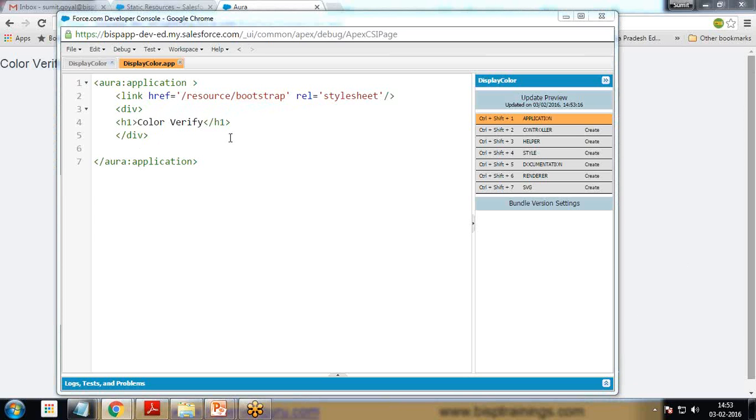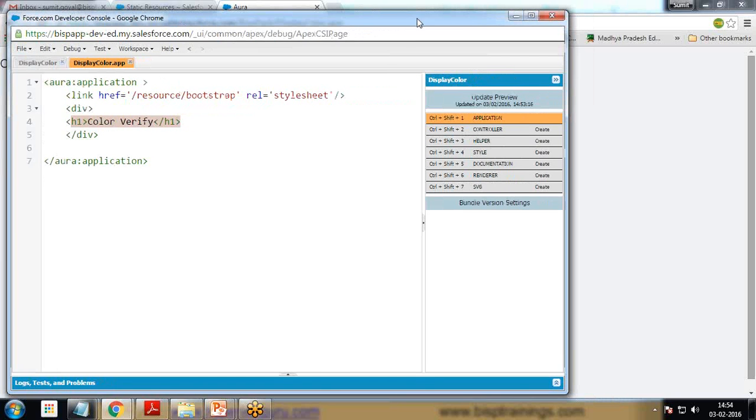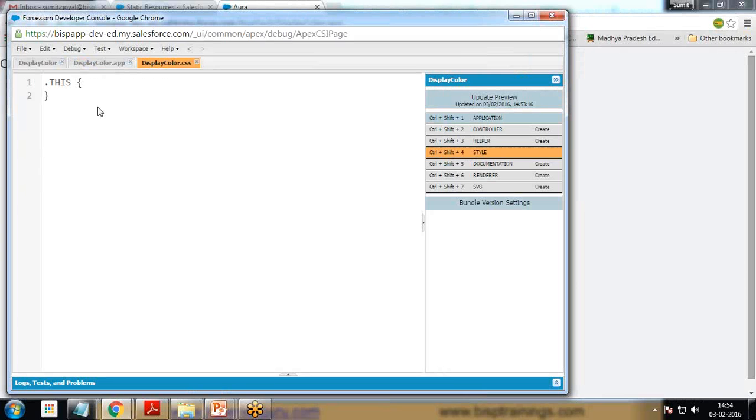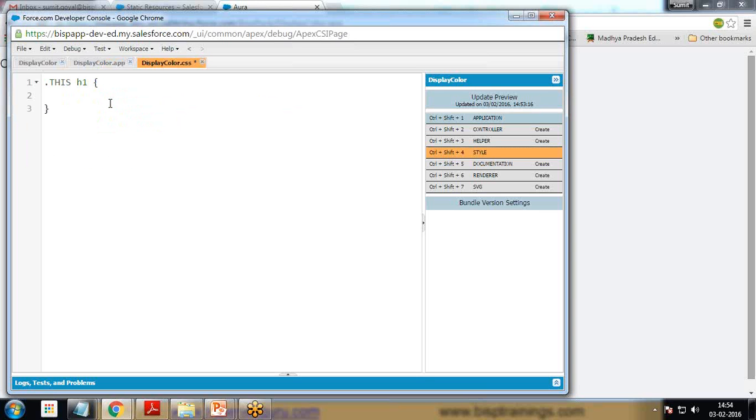I would like to add some styles to this heading as well. To heading, I want to add one icon and some look and feel. I want to change the look and feel of this heading. So for this, I take the help of style. So here I click on style. So this is style. Basically, this will be associated with this display color.app. So you can see here this style is for display color.css, and in this I'm adding one style for heading 1, because here we have used header 1 h1. So h1, and I write